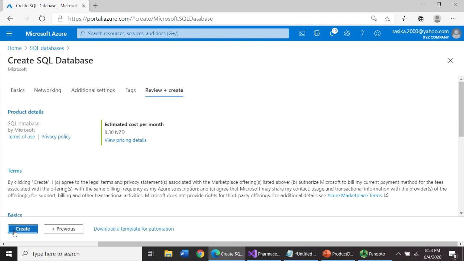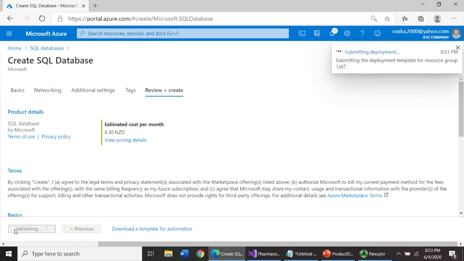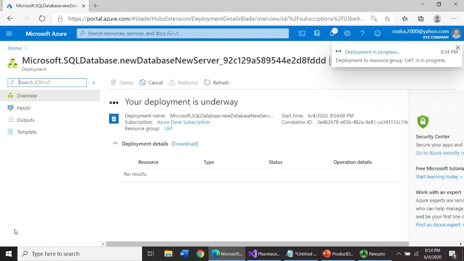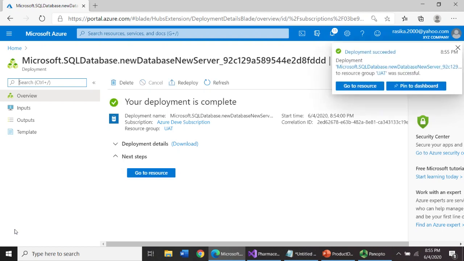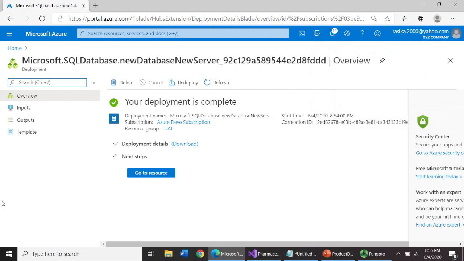On this screen you can verify all the information once again, and if everything is fine, you can click create button. Once you click create button, Azure will create the database for you, and it will take a few minutes. Yeah, it is done. The database was created.